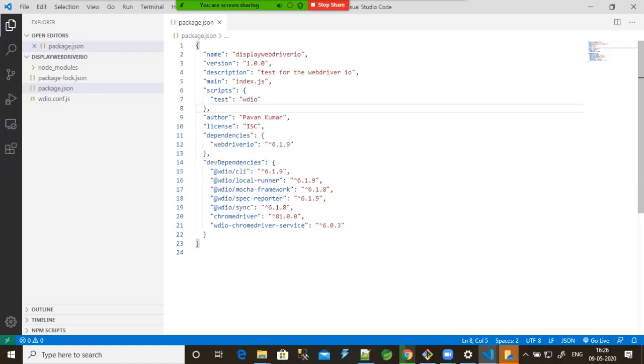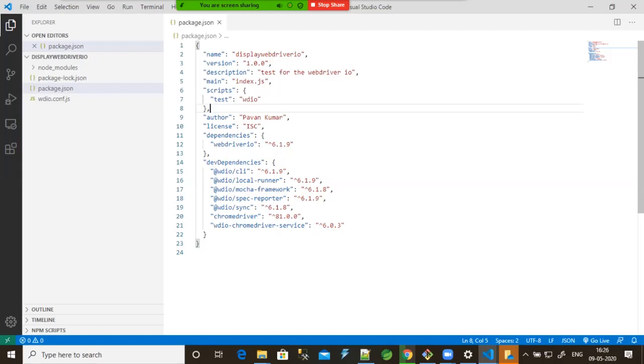These dev dependencies are like the dependencies we add in pom.xml files when working with Selenium. The CLI version is 6.1.9, and we gave the command npm i --save-dev CLI.